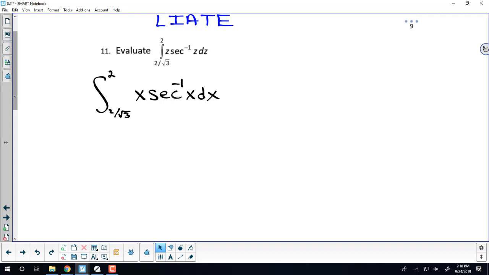I'm glad I have 1/2 parentheses x squared arcsecant x minus 1 times the square root of x squared minus 1. And what are the two values? Square root of 2. Yeah, 2 and... okay. So it's 1/2